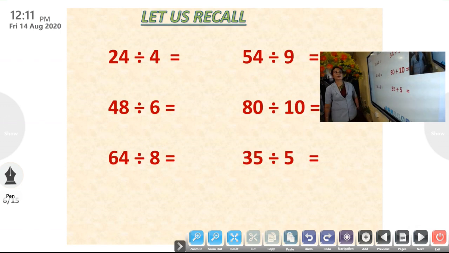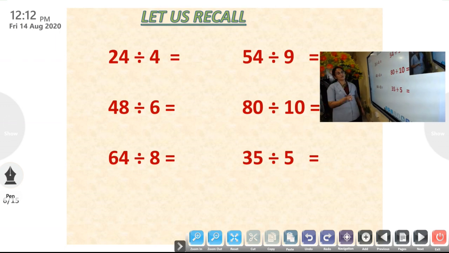Then let us recall some easy division. These types of division you have learned in your lower classes, in standard 3. Let us just recall them. All these we can write the answer directly from the multiplication table. So I told you in the beginning itself, you should be thorough with tables. Then only you can do division also. So the multiplication table is needed both for multiplication and division.